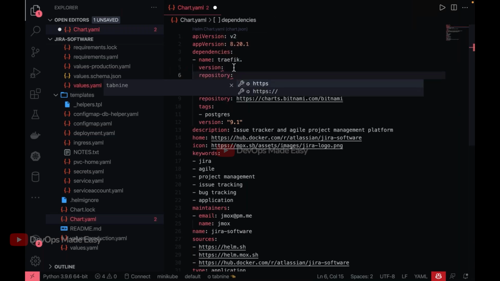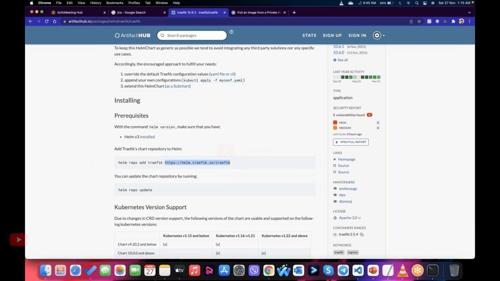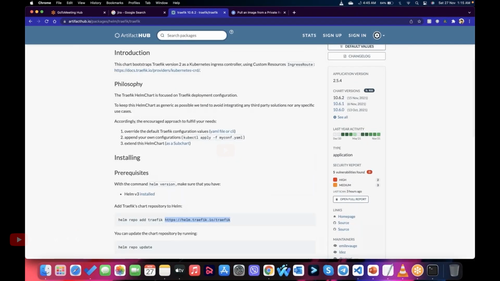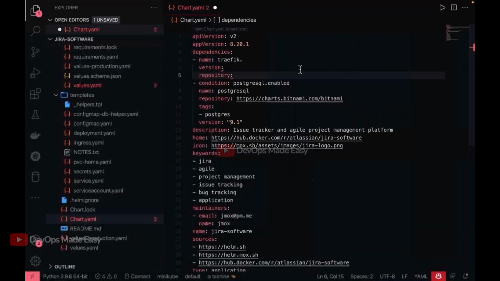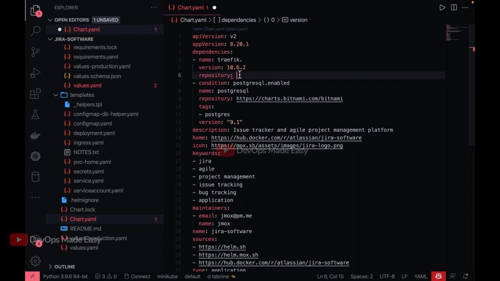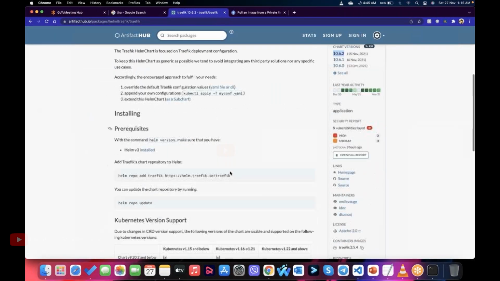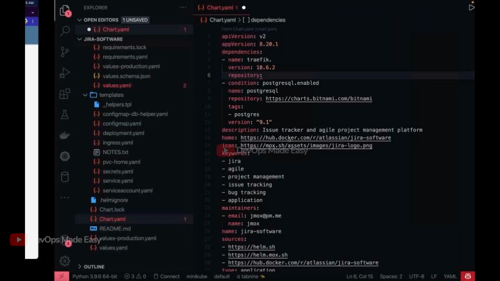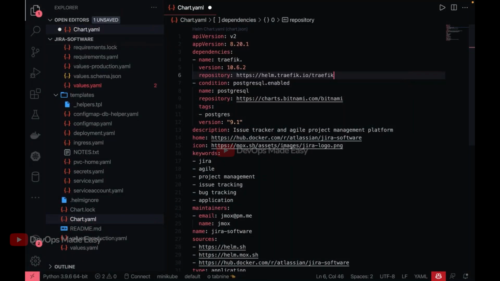For the version, I can go to the Artifact Hub and take the newest version, which is 10.6.2. I'm going to paste it in the version section, and then in the repository section I can just take the repository name, enter it here and save this chart.yaml file. Just remove this extra dot over here. So this Traefik will also be installed.